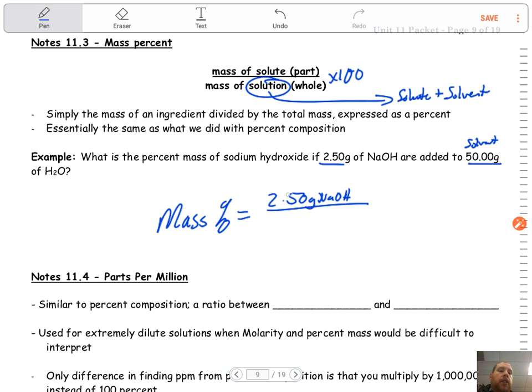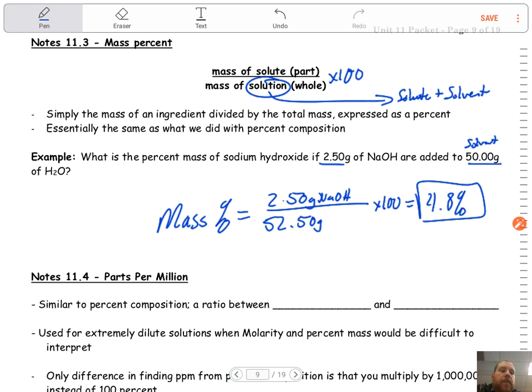So really, our total mass of our solution here in this example is going to be 52.50 grams of our solution, okay, over which would be the sodium hydroxide piece, times 100. Okay, so when we go ahead and do this math, now that we've added that in, we're going to take 2.5, divide it by the 52.5 total mass, times it by 100, and we get about 4.8%